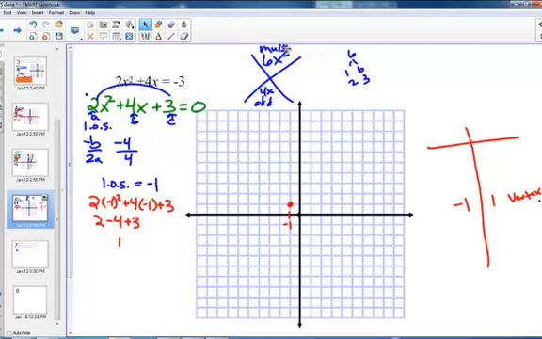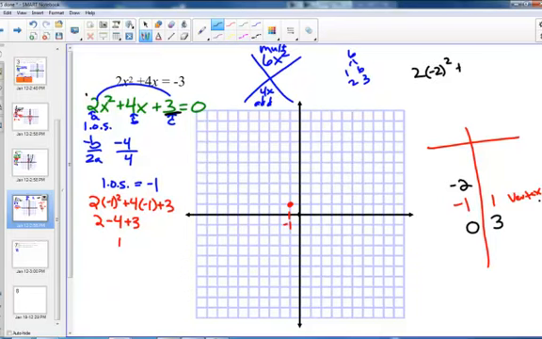So what this means is that if you plug a point in on either side, you should get the exact same answer. So 0 and -2 should give you the same answer. 0 is really easy to plug in. It would just give us this number right here. So 0 would give us 3. If we're right, then when -2 is plugged in, we will get 3. So let's check that. So 2 times -2 squared plus 4 times -2